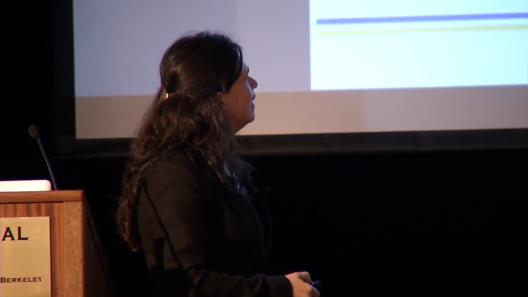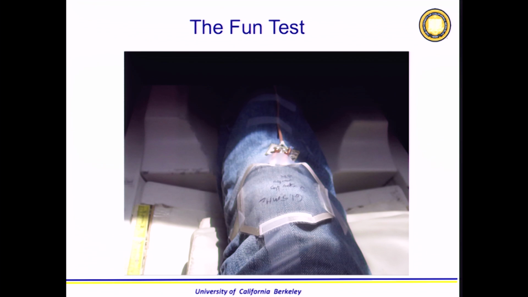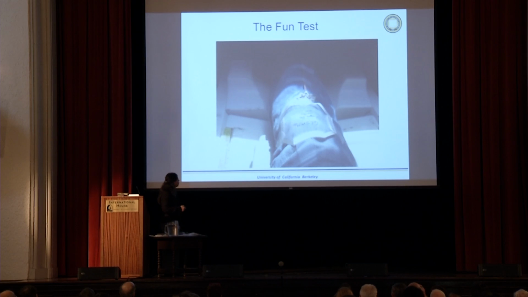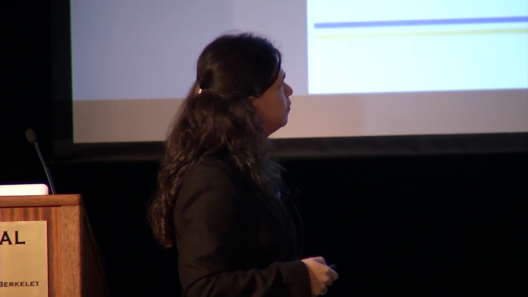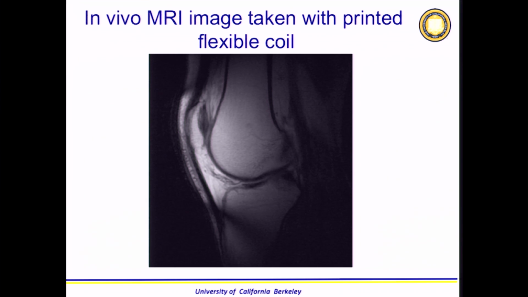The fun test, of course, there's a student, there's an MRI machine, this is inevitable. So, of course, he said, oh, let's get an image from my knee. So there it is. You can see how this is done. I find this amazing. It's a piece of plastic with 3 layers of printed materials. And then we connect it to the machine, and off he goes. And these are the type of images we get. This is a very healthy 23-year-old knee. Of course, the image is much better here, but I think you get the point.